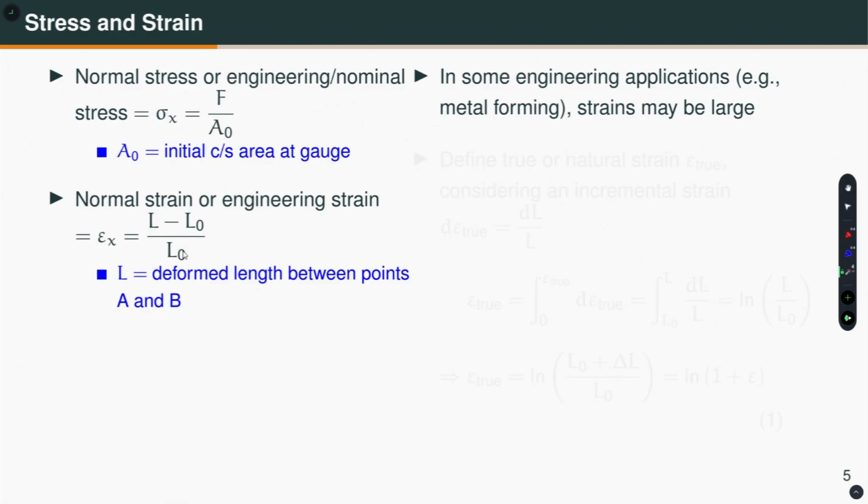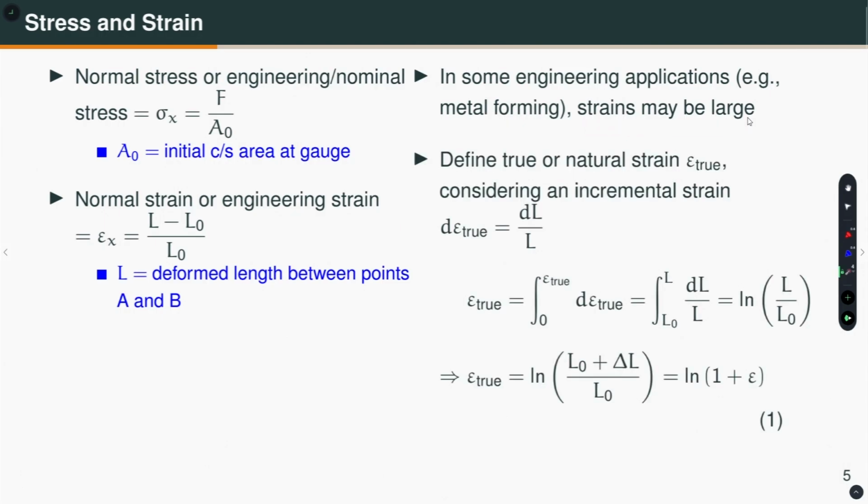Now, in some engineering problems or applications, for example metal forming, the strains can be large. So, if the strains are large, then what do we do? We define what is called true or natural strain, which I am writing as epsilon true. If we consider an incremental strain d epsilon true, which is the instantaneous change in length dl divided by the current